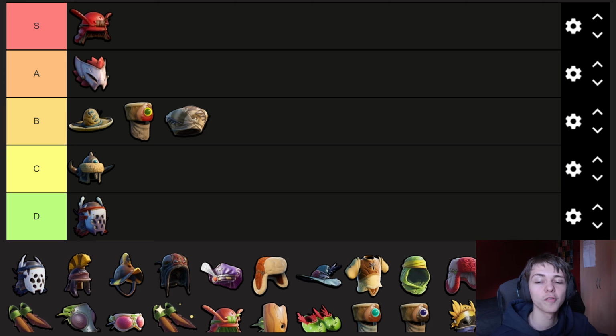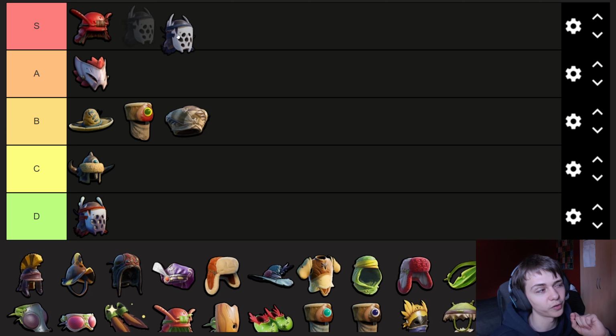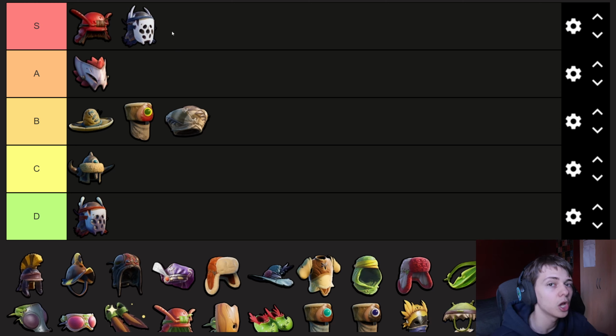For the set bonus, we have Poison Nova, which makes it so when you hit a creature, it has a 10% chance to release a poison explosion that affects all creatures engulfed in it. It deals 30 damage every 5 seconds for 25 seconds, so that is 30 times 5, 150 damage in total. I would say this armor is one of my favorites. It's definitely S tier. You can run the full set,